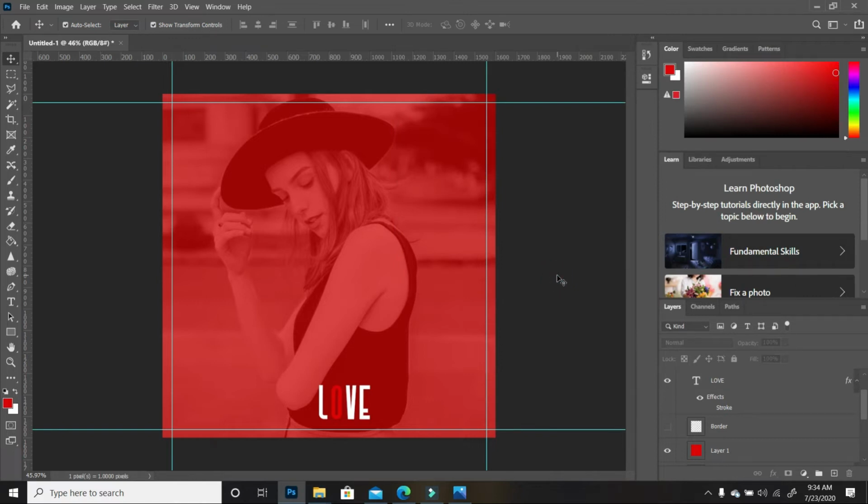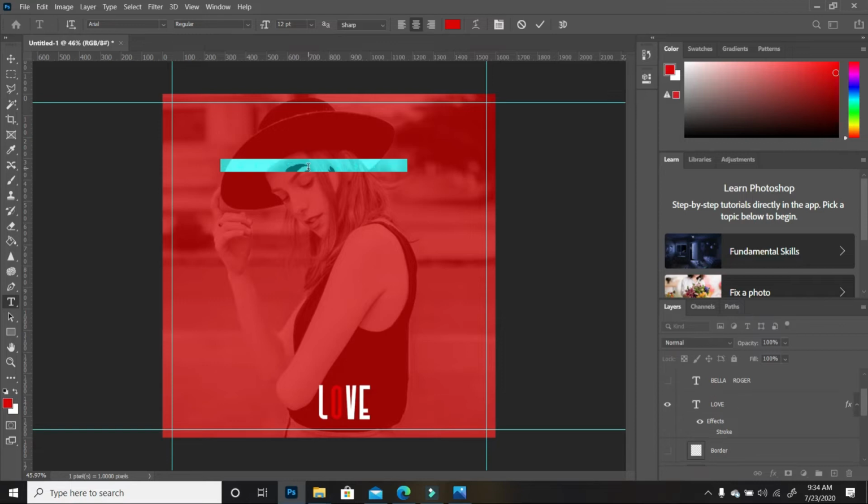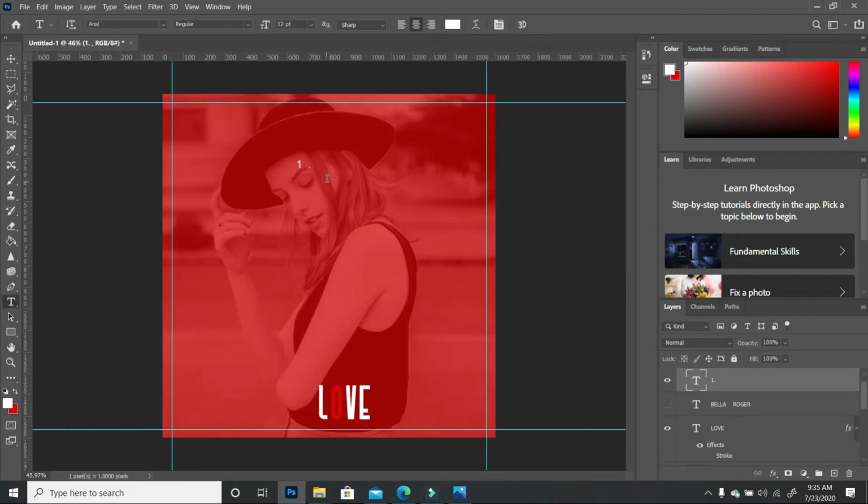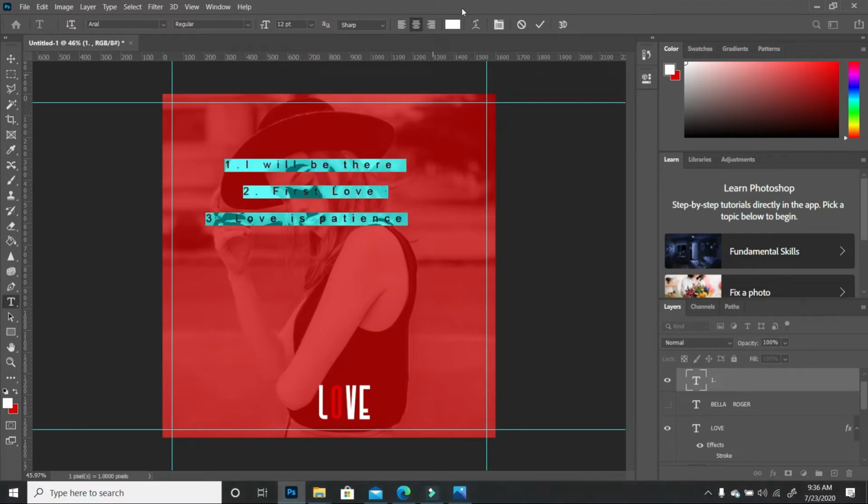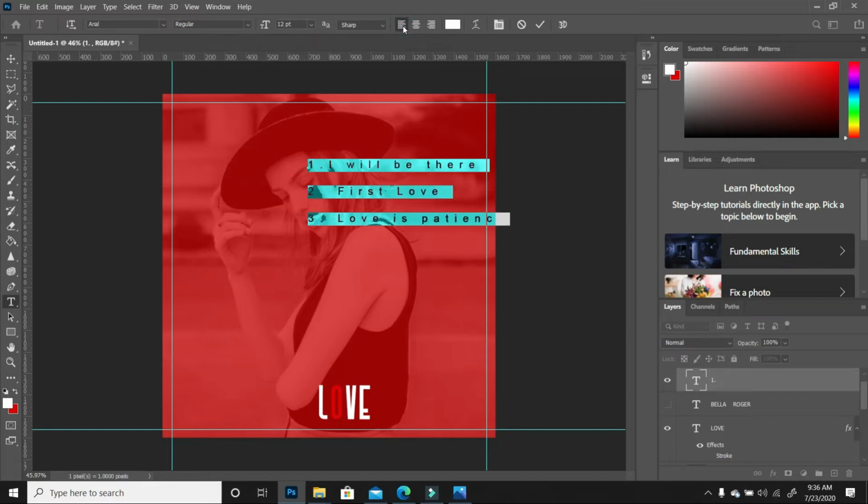So we have this simple effect, just a little bit of a reminder of what the name of the cover is. And now we want to add the list of songs in the album. So I'm going to keep it to 3 basic titles. So I'm going to click on my text tool and we are going to begin to type. So now that we have all 3, I'm going to select everything and we want to align it at left